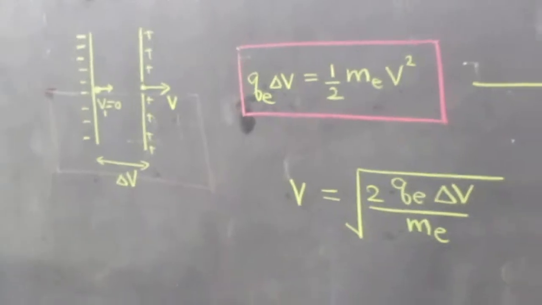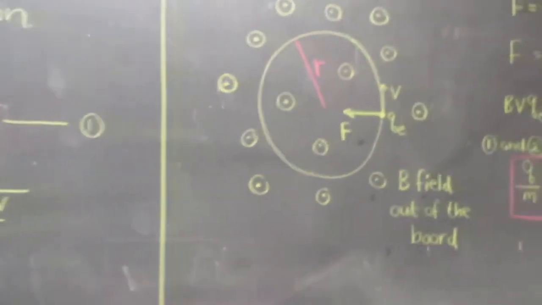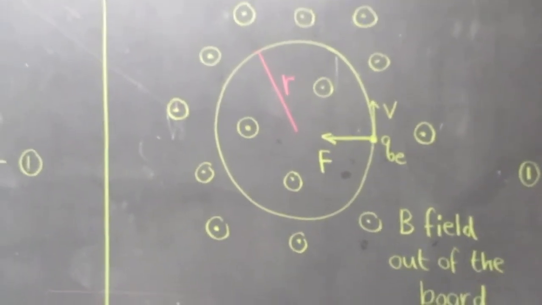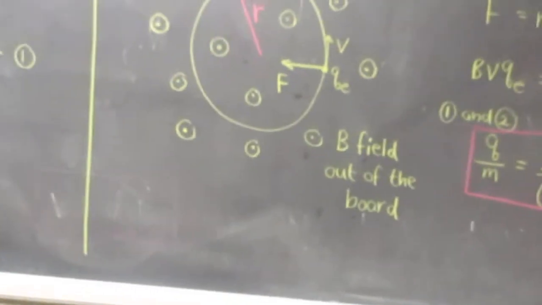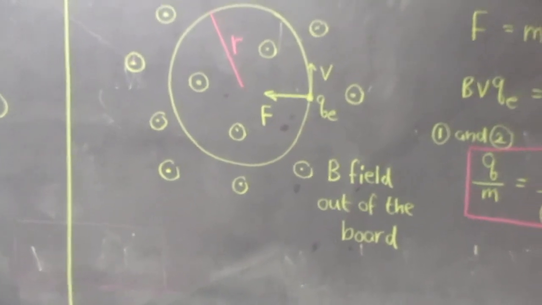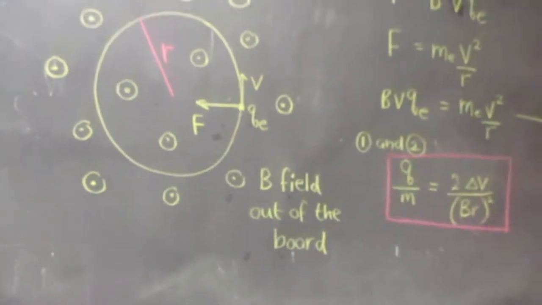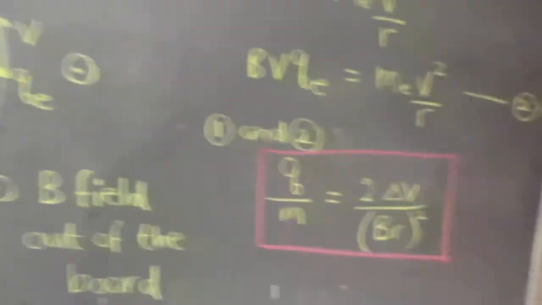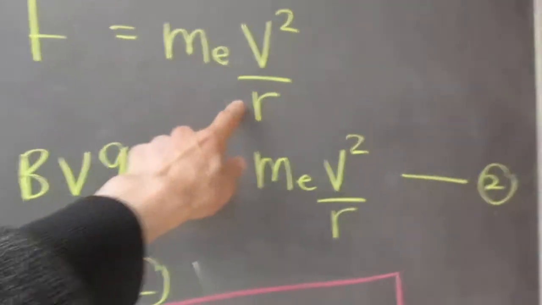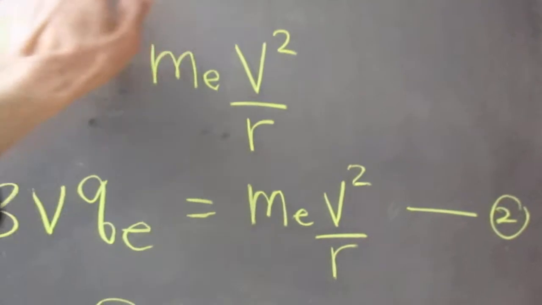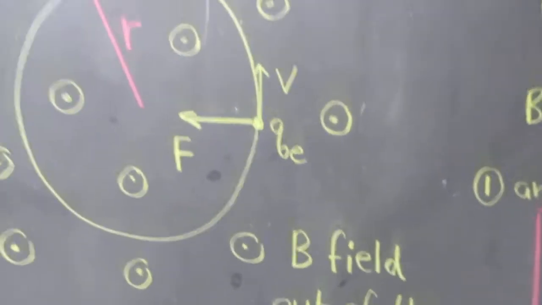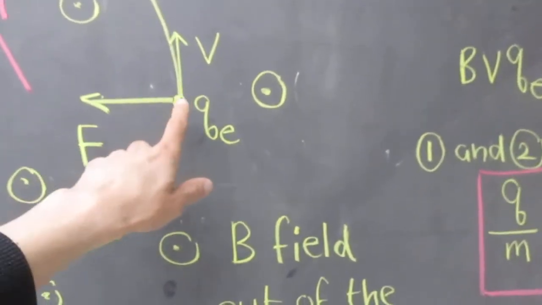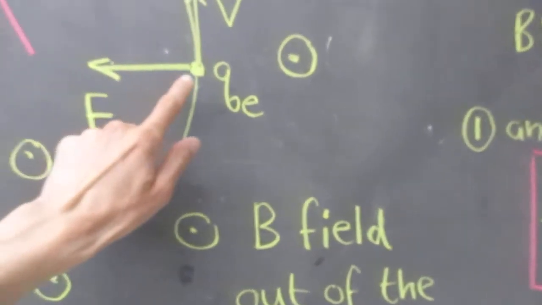Now once this electron is accelerated in a magnetic field, the magnetic field will produce a force on the electron, causing it to rotate in a circular pattern. And so we can assume that that is a centripetal force, which is equal to the magnetic force on the electron. Now this is a cross product, vector cross product, so that means the direction of the electron, the magnetic